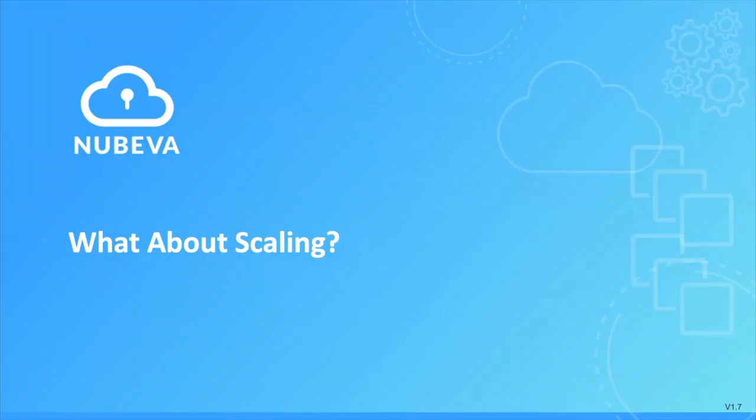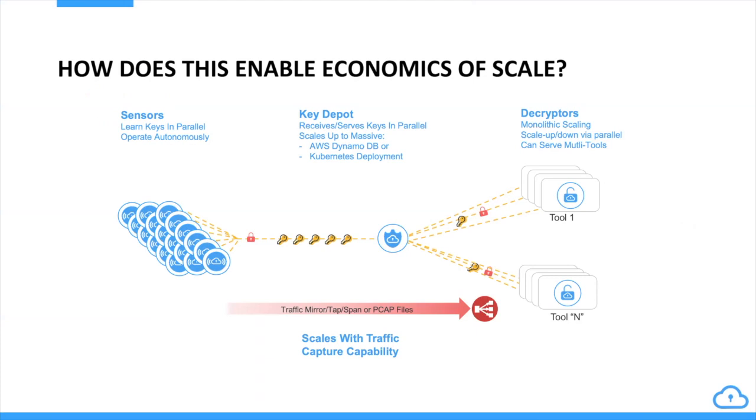Scaling, I think we've covered this before. Sensors can operate in parallel, so each one of them, let's say, doing 1,000 keys a second, you have 10,000 sensors. We just did a quote for a customer doing 1 billion keys per second, per month, being sent to